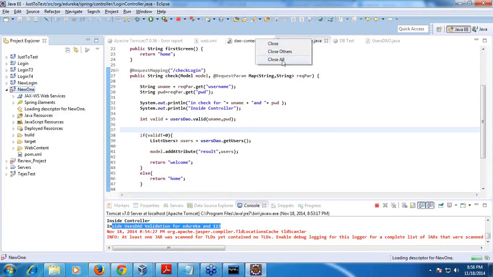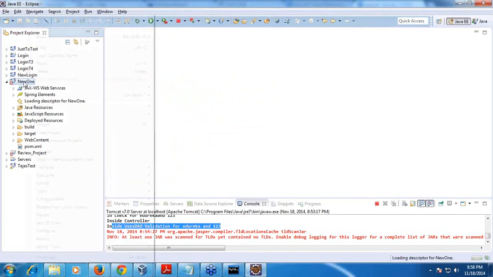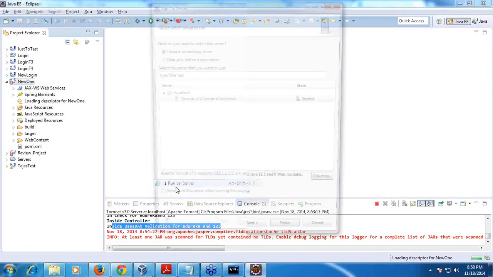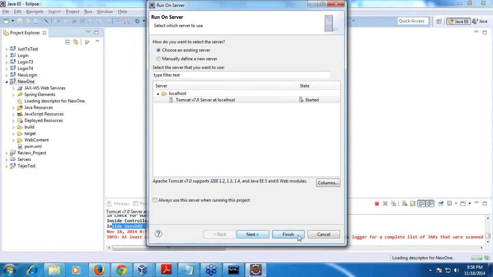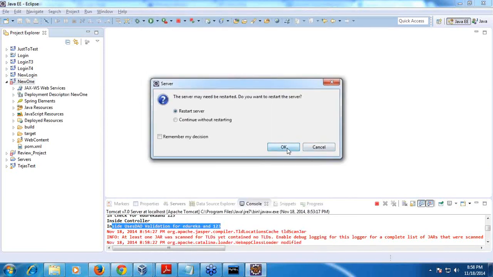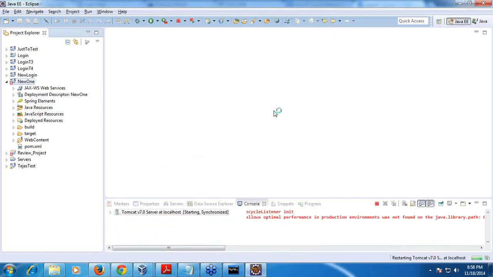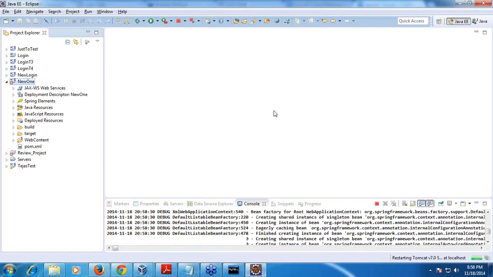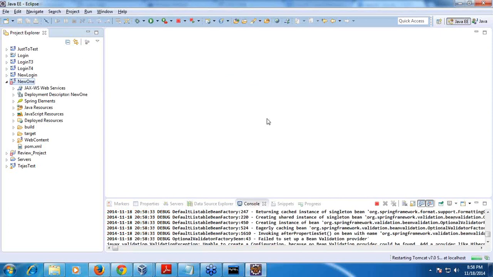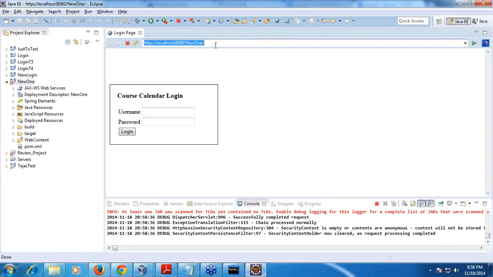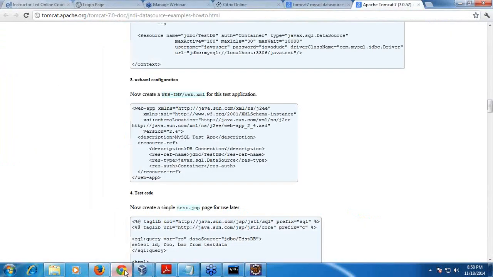Let me close all these things and run and show you, right? So it is basically a course calendar project, which has all these features. It will be really helpful for you to learn, right? So next, let me take this, remove this, and then say finish, right? So start. Maybe I will take this to the web browser, it will be nice, right?